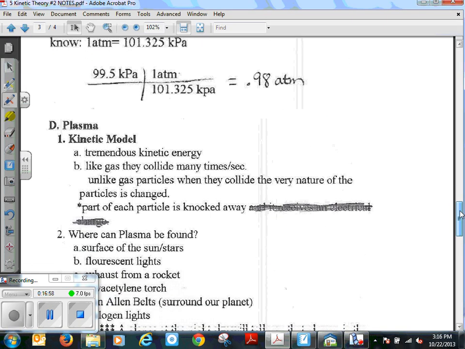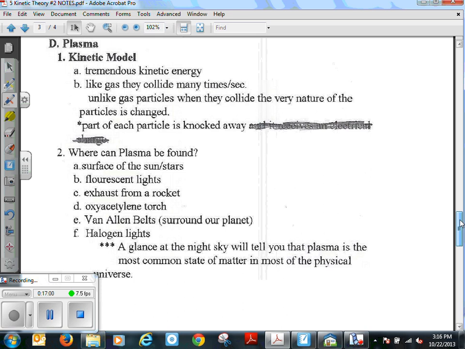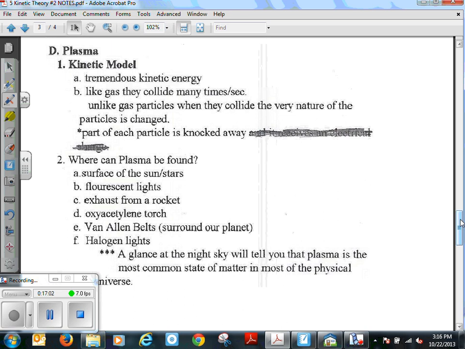Okay, so just some more of the older stuff that we've done with a different conversion factor. Now we have plasma, which is the highest energy of all. So solid is lowest energy, then liquid, then gas, and then plasma. Keep in mind, when I say lowest energy, I'm talking about temperature, and I'm talking about the same type